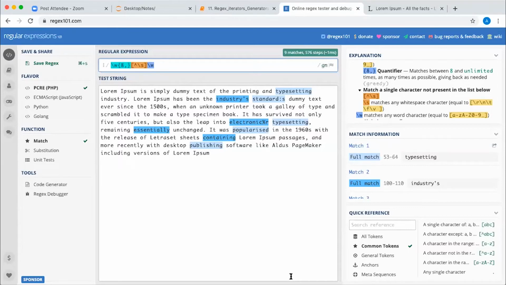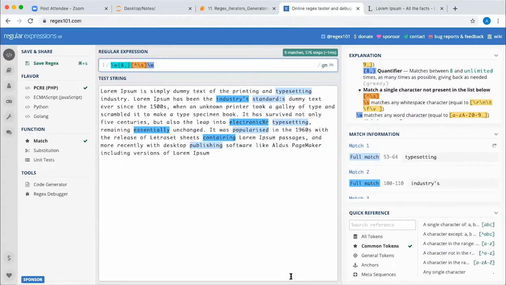Okay. So first of all, we are going to discuss iterables and then iterators.